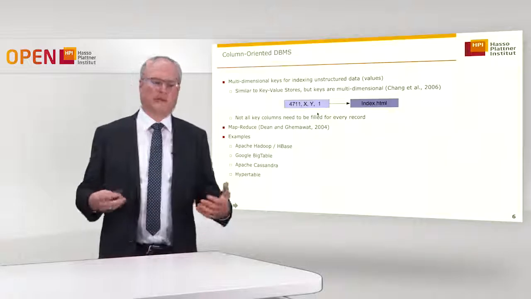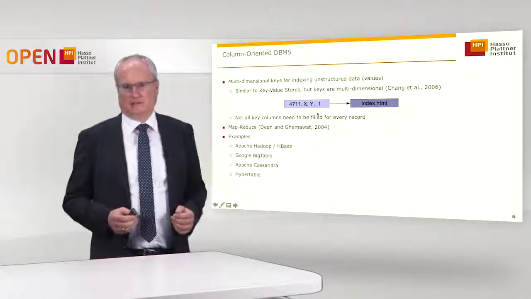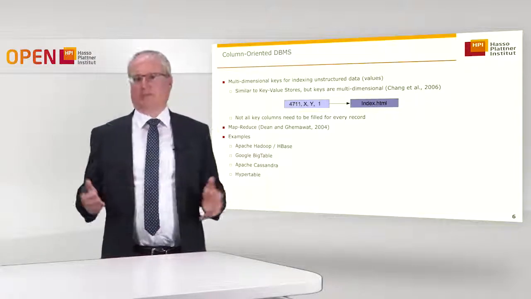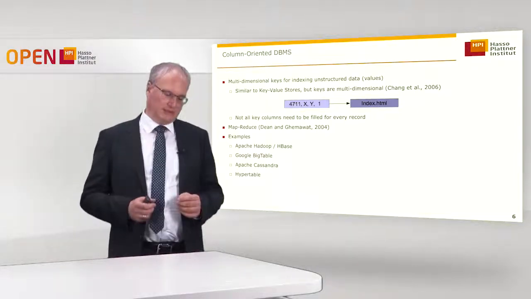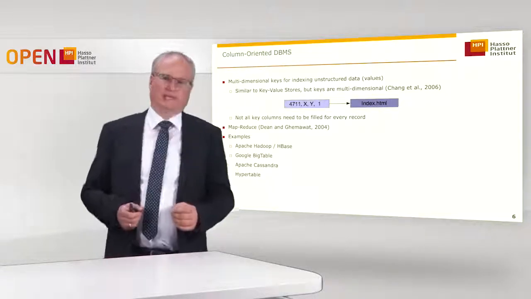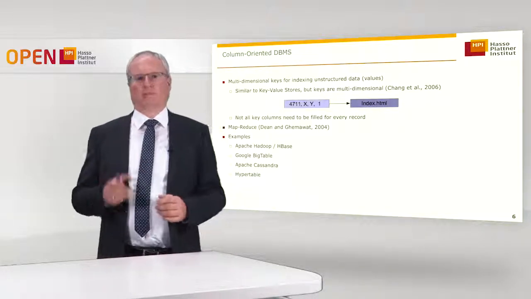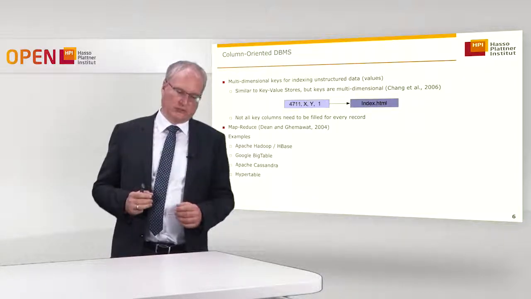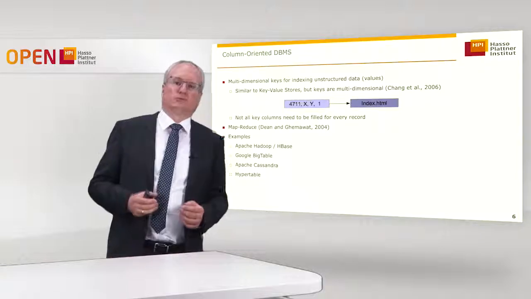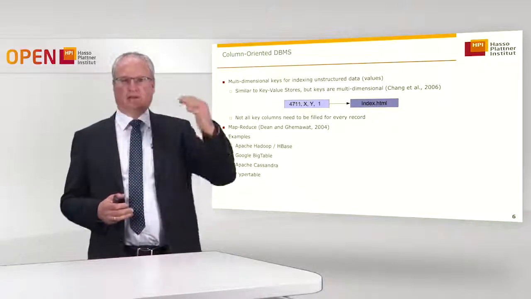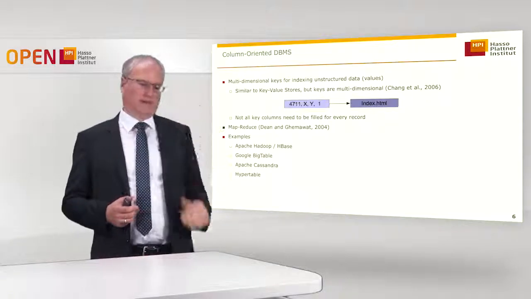So the key can also just have empty fields, and therefore it's not directly comparable to a set of columns in a relational database. But it provides the concept to store the data, not row-wise but column-wise, in a sense that you can also have compression techniques to reduce the number of values. For example, if the same value comes many times in the column, one after another.